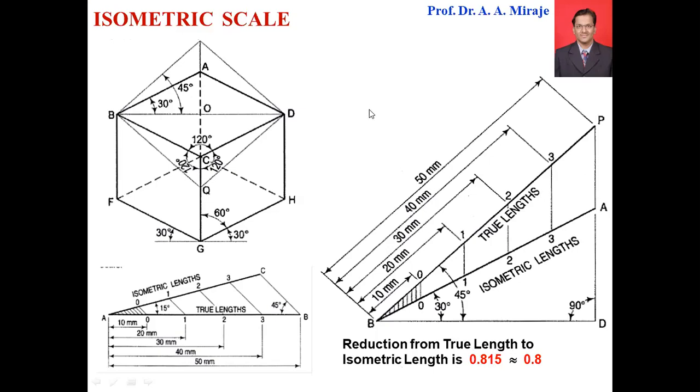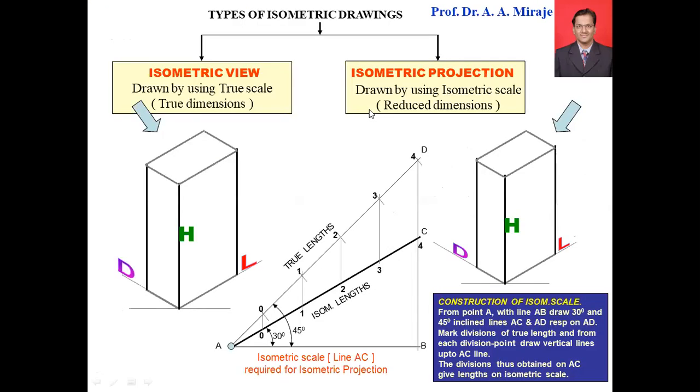This scale is very important. Now see, two drawings you can see. Now suppose this particular height is 100, let us say. So that 100 length is taken from this point to this point. Then as I told you, if this length, this h, is let us say 100 here, then from here to here this length is coming as 80. 0.8 reduction. If you draw the drawing with 0.8 reduction, that is known as the isometric projection.